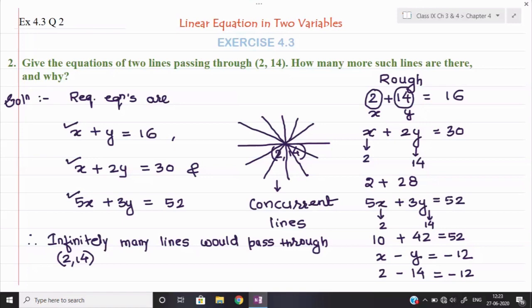Okay students, we shall keep today's session till here only. Next time I will take exercise 4.3 from question number 3 onwards. 4.3 is a long exercise, I think 9-10 questions are there, so we require some time to finish it. Don't worry, 4.3 is the only long one, then 4.4 contains only 2 questions that we can easily finish.